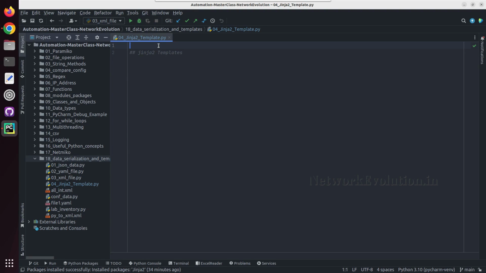In this tutorial, we'll see how to use Jinja2 templates for configuration generation. Jinja2 is Python's templating library. It is commonly used for generating HTML files in web frameworks like Flask or Django. In our networking use cases, we can use this for generating configuration lines, and it is not necessary to use